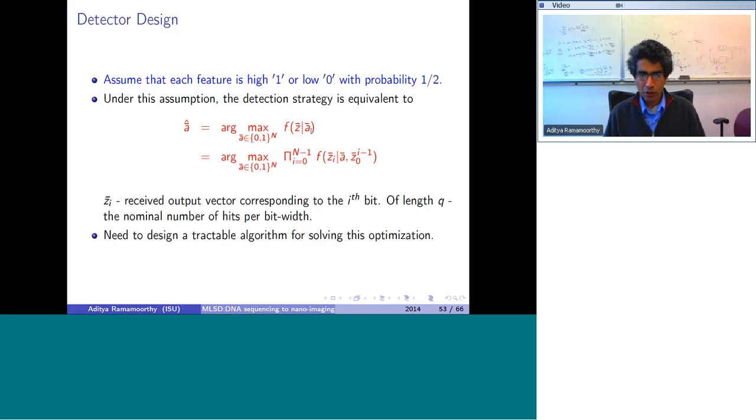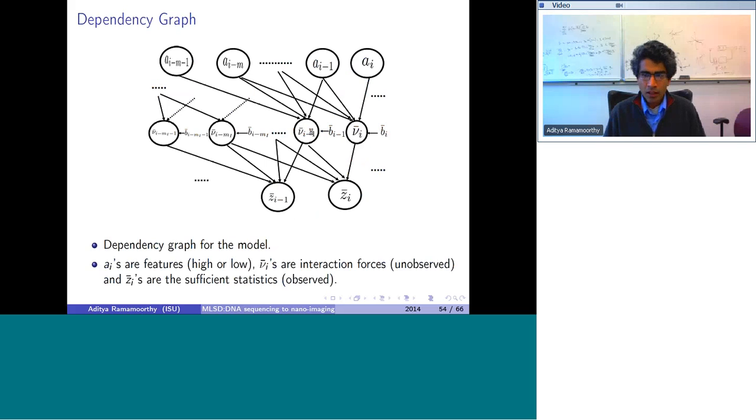And we need to be able to do this in a tractable manner. So here is the dependency graph of this system. What you observe are these Dis, which are the sufficient statistics for the detection. What you're trying to detect are these Ais, which are the bits, and the things in the middle are these interaction forces, which are not something that we observe. So we only observe this one, and we want to infer this